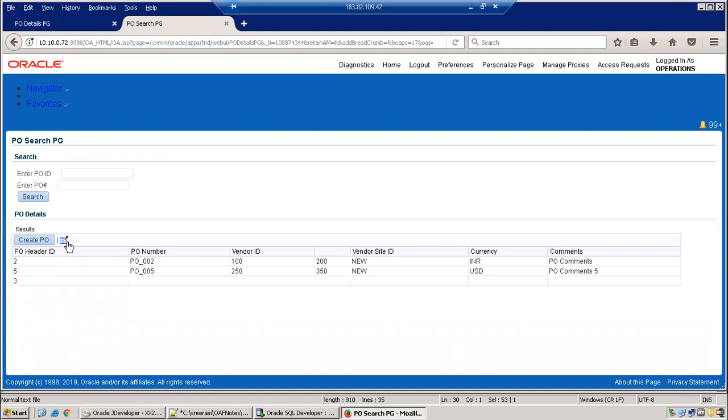Yeah. What we do now is, first of all, creation we have done. When you click on create, it is creating a new record, that is fine. Let us implement the view functionality. Nothing but whenever I click on the PO header ID to view, I want to open the same page and display the data. Okay. But above there is the search, you did not implement the PO number, enter PO ID. We have not implemented that functionality.